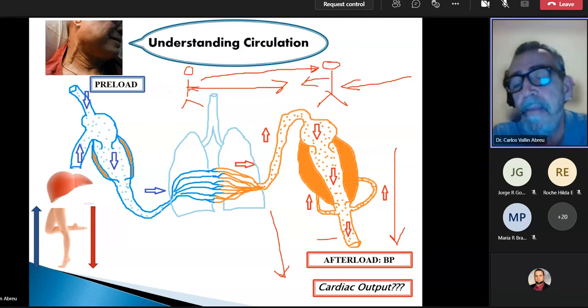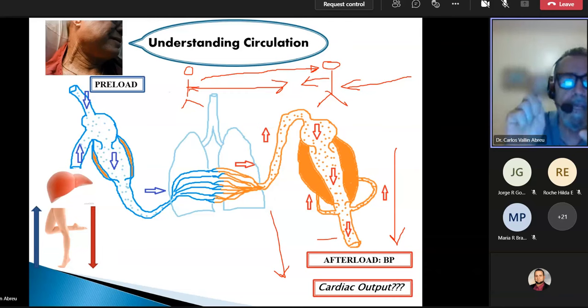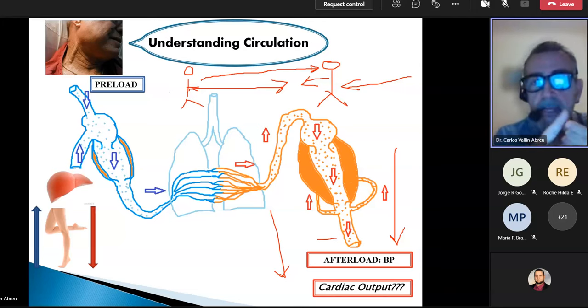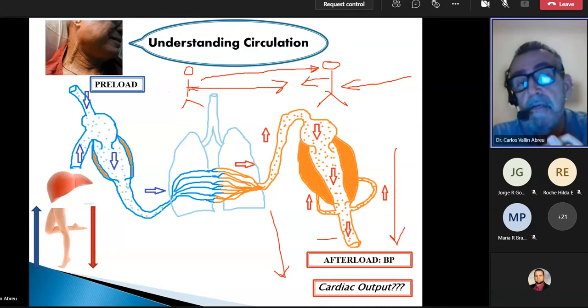So how do we manipulate the afterload? We manipulate the afterload with vasodilators and vasoconstrictors. If we want to increase vasoconstriction, and by increasing vasoconstriction we increase, one, blood pressure, and second, afterload, we use vasoconstrictors. A vasoconstrictor could be, for example, epinephrine, or could be dopamine, which is related to epinephrine. Okay,